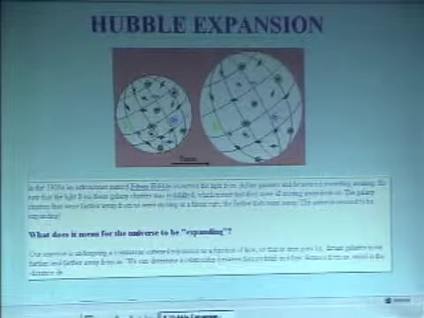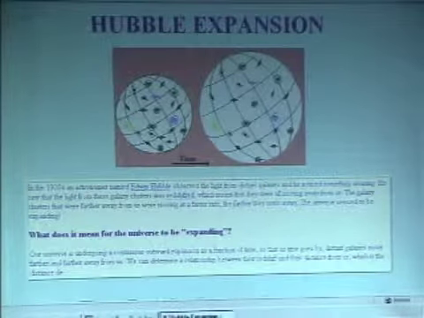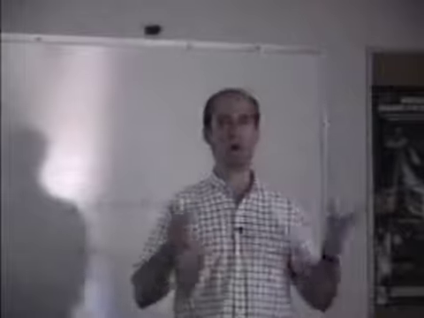And so in our little demonstration, you'd have students pretend at random, say that this is the Milky Way, and they could draw a circle on this balloon and measure the radius of that thing, and then expand the thing and watch how that circle stretches out. But they could have chosen any other point on the surface and get exactly the same answer. And so this is a way to try to demonstrate something that is called the cosmological principle. It's an assumption about the universe that seems to be true, that the universe looks the same on average to all observers.